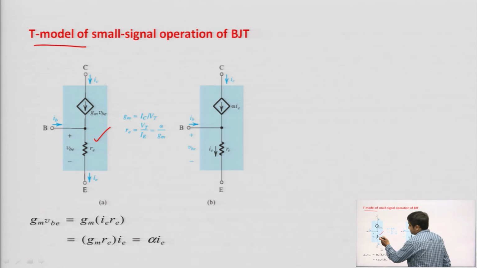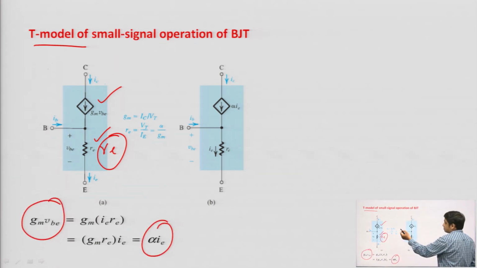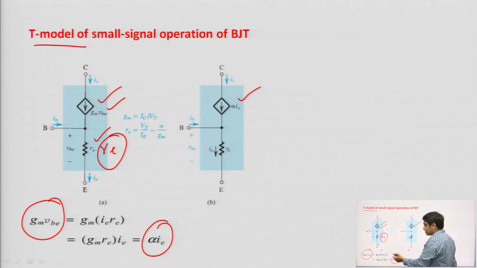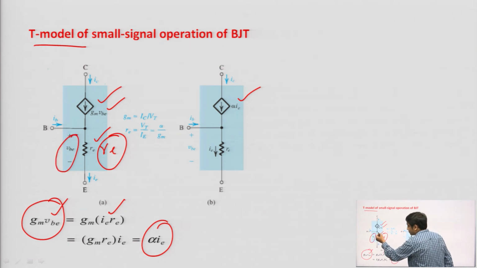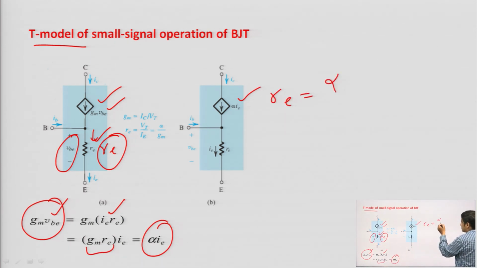In the T model you can see that there is an emitter resistance Re connected in between base and emitter, and again there is a voltage dependent current source, and again this Gm Vb is equal to alpha IE. So, both the models are the same, both the structures are the same, just the difference is that here it is a voltage dependent current source, and here it is a current dependent current source. In Gm Vb, Vb we can write as IE into Re, that is very clear. This Vb is equal to the current flowing through the Re resistance, that is IE. So, IE into Re is equal to Vb. So, Gm into Re, that is alpha, we know that we have calculated Re as alpha by Gm.